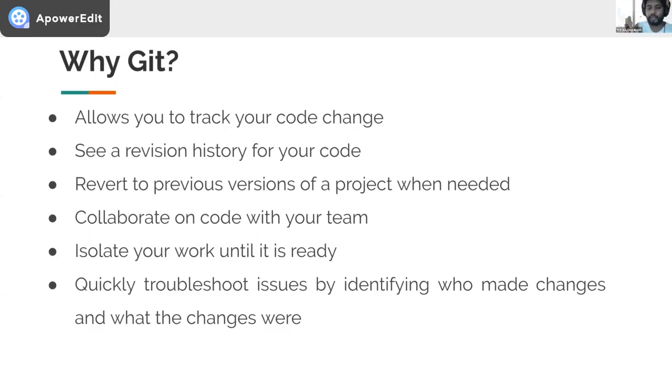You can isolate your work, and only once it is ready, merge the change to the main branch where all the developers are working. And this will allow you to quickly troubleshoot issues by identifying who made changes and what the changes were.